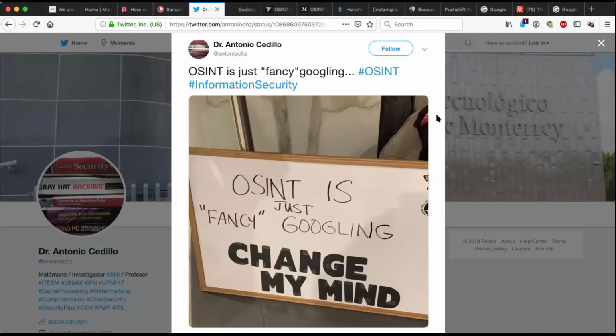Change my mind. Well, I do not agree that it's just fancy Googling. Just by looking at the article you just pointed out, it's not only Google. Google is a part of OSINT. I can't do without it, but OSINT isn't only Google. No way.